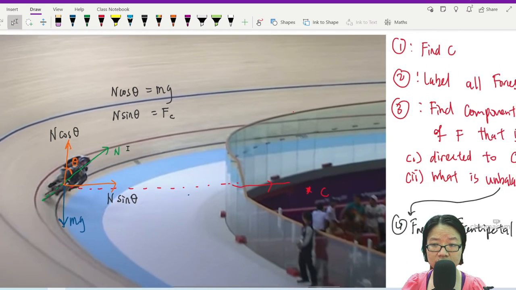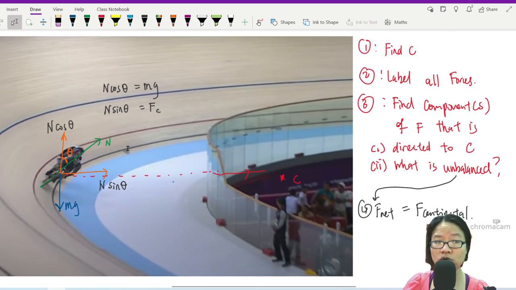So that's the conceptual understanding. You may need to actually look at different scenarios to determine how to resolve the forces. But I'm going to end this video